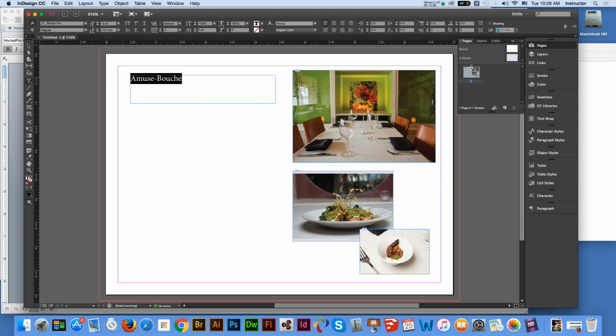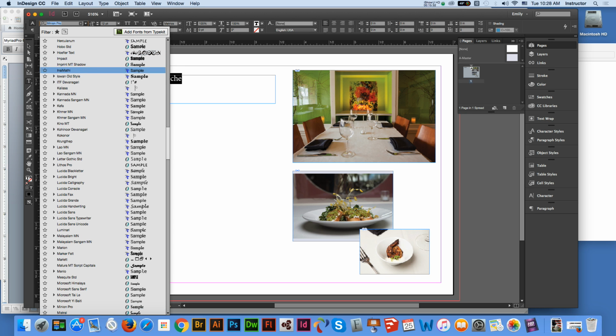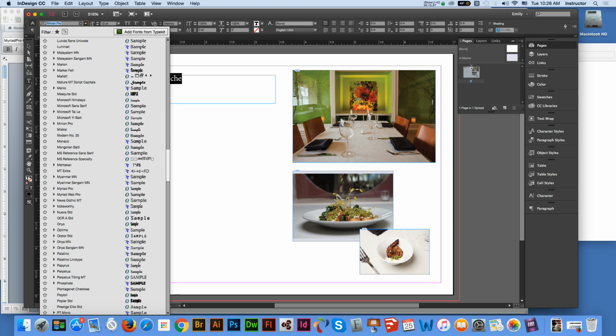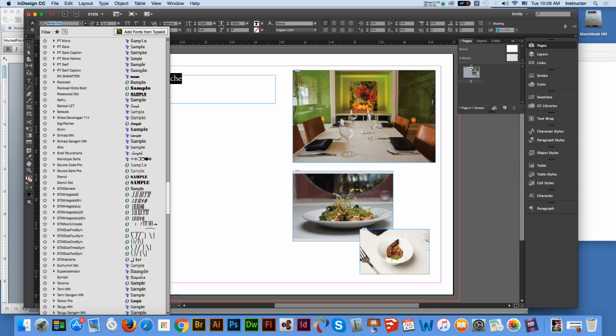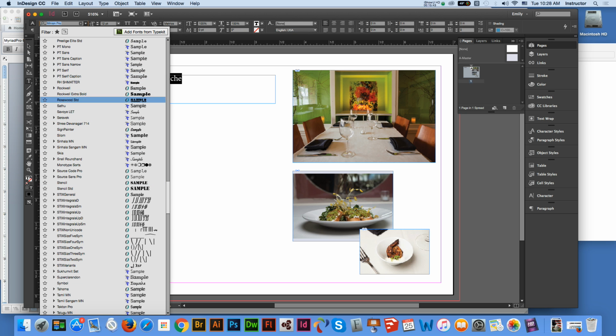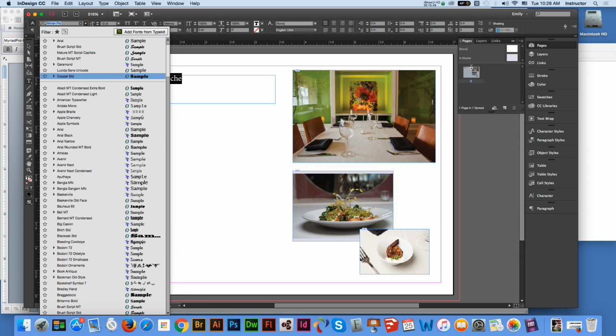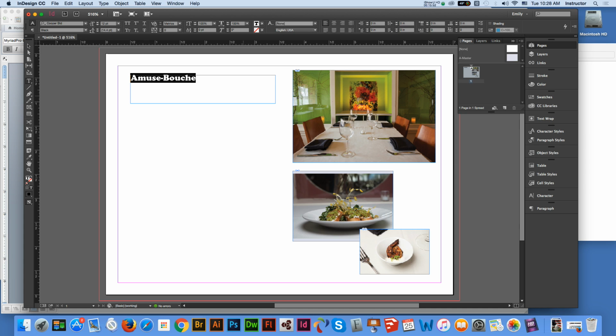I want to change the font face. Choose the font face you like to use, because it is a title, so you need something really heavy, like a bold. So I will use this one, okay, and then I need to change the font size. You can use this T to change this, or you can use Command and the less than key to shrink the size down. I'll Command